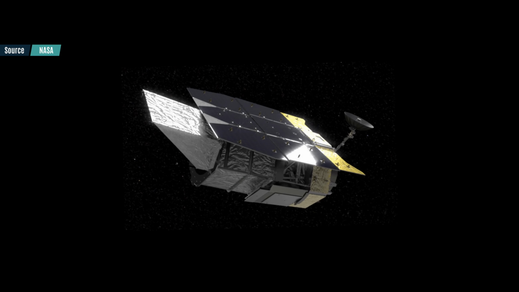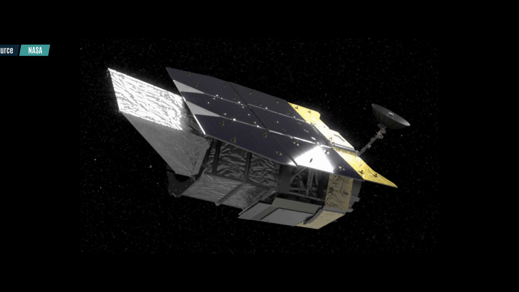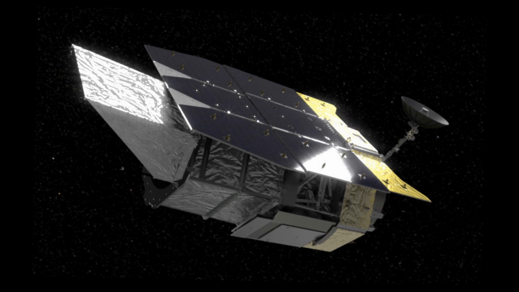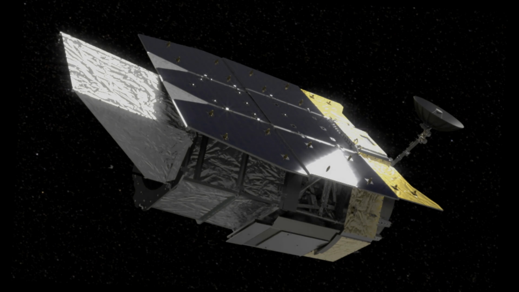The Nancy Grace Roman Space Telescope, or Roman Space Telescope for short, is in many ways the true successor to Hubble. Its primary mirror of 2.4 meters is the same size as Hubble's and will provide the same resolution or details, but thanks to up-to-date electronics, the field of view will be 100 times larger. The Roman Telescope will launch in 2025, and with some luck, might operate alongside a still working Hubble telescope.